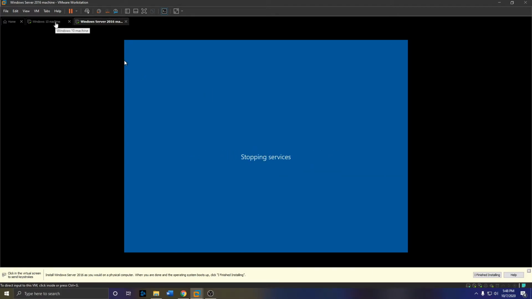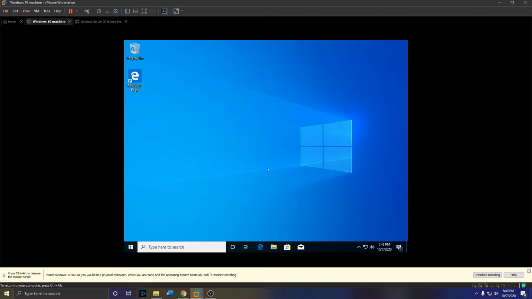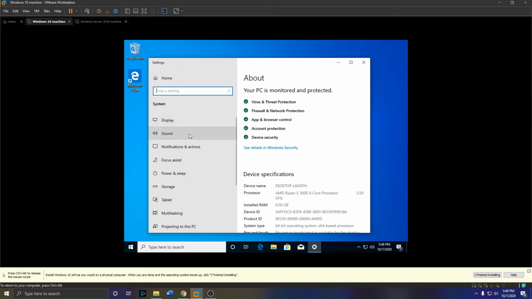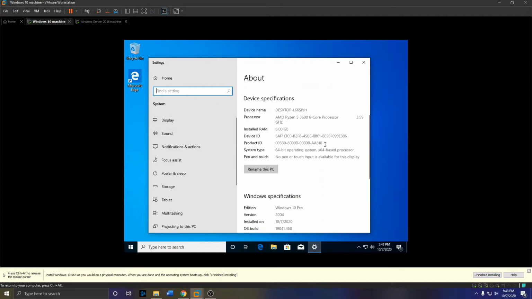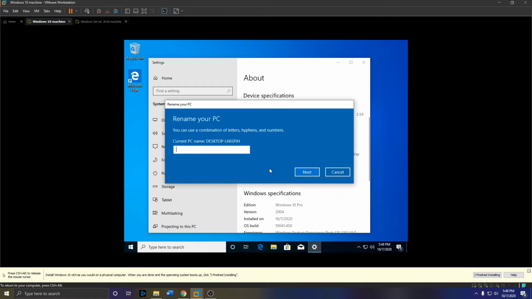Now that it's restarting, let's swing over to the Windows 10 machine. We're going to rename this PC as well. Right click the start button, hit System, and then scroll down and rename this PC. We're going to name this